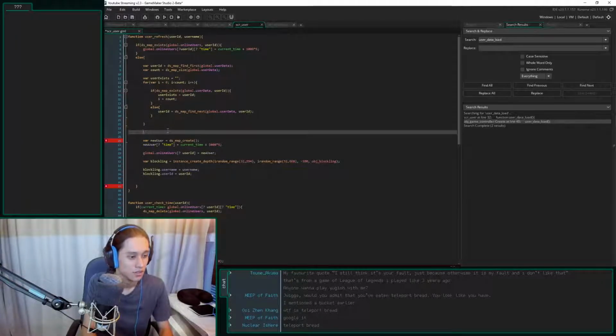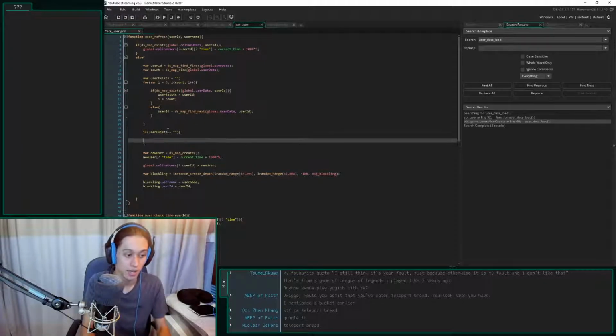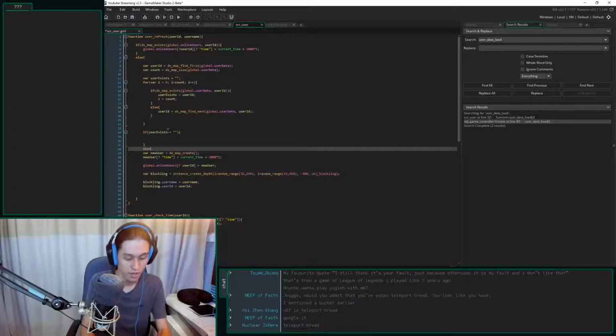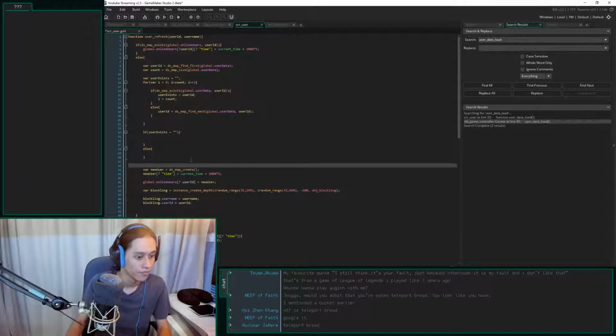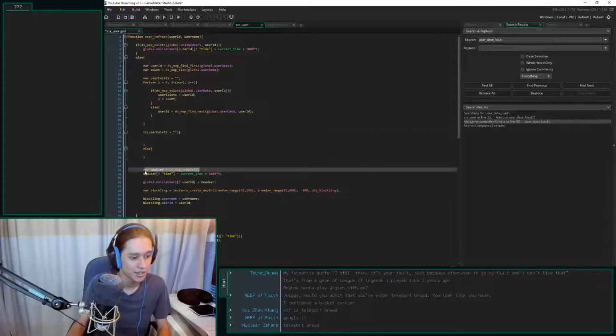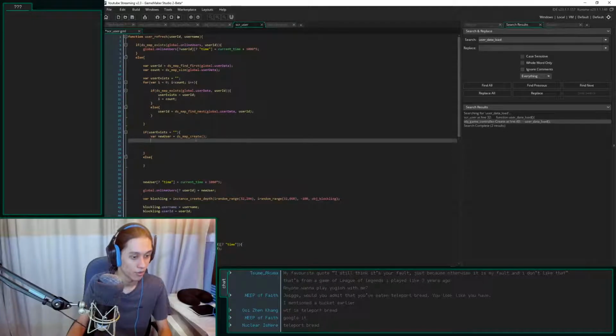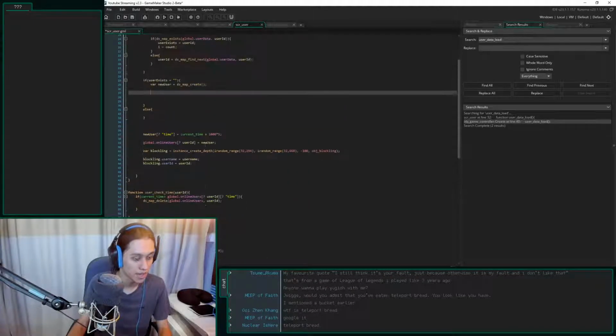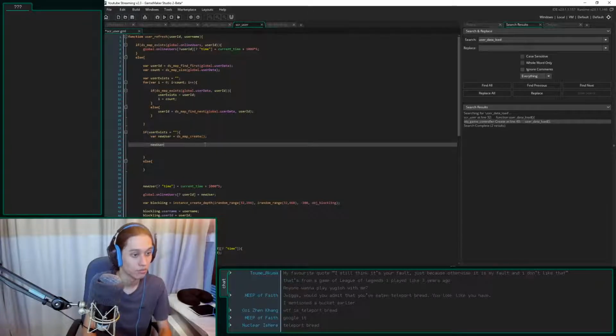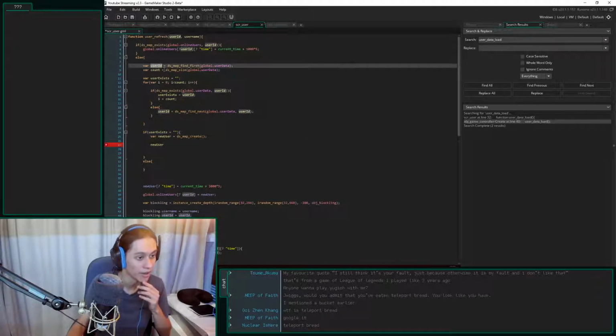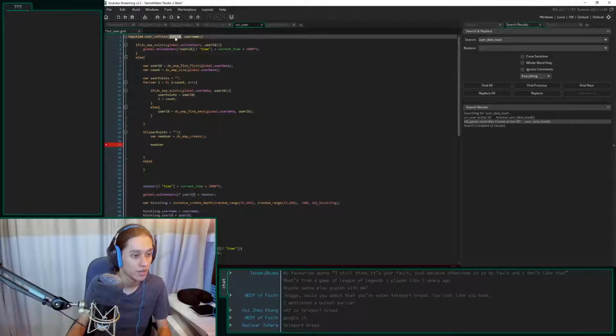If user exists equals blank, so that means that it's a new user. We'll deal with that later. If it is not a new user, okay, let's say, actually, let's do new user first. If you are a new user, then we're going to create a map. We are also going to set the new user. I just realized there's a clash between variable names. User refresh user ID equals that.